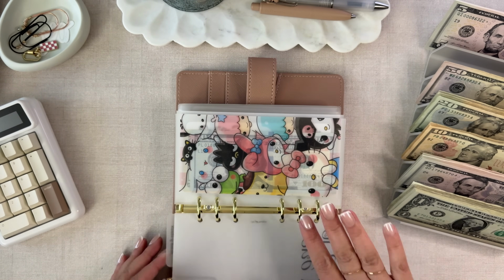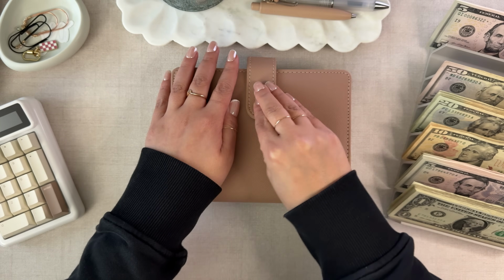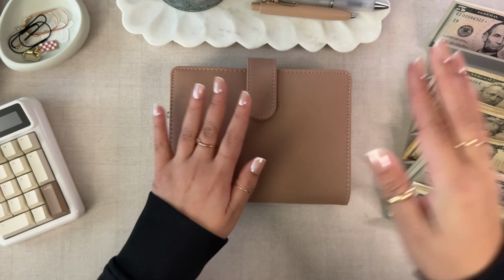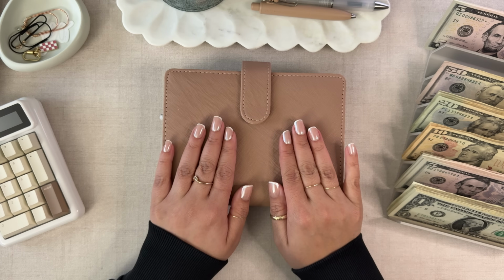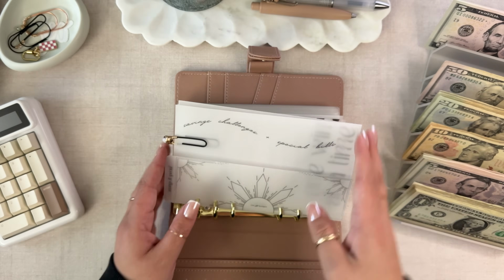And so that $130 I'm going to put back into my buffer that I pulled from to give me all of the 5s that I'm going to be replacing. Since the original 5s that I pulled, I will be putting this into my star notes. So let's actually get into stuffing today. So let's just pull this one back out,